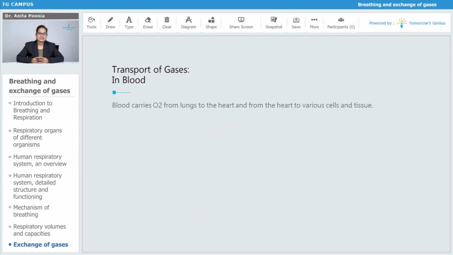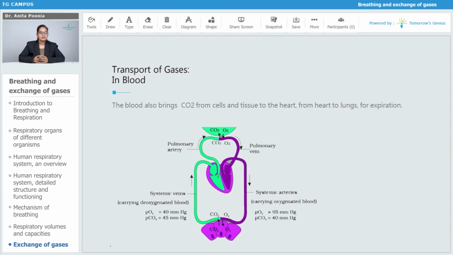Now we shall be talking about the transport of gases in the blood. How does the transport of gases in the blood actually take place? Blood carries oxygen from the lungs to the heart and from the heart to various cells and tissues. The blood also brings carbon dioxide from the cells and tissues to the heart, and from the heart to the lungs for expiration. You can very clearly see the pulmonary artery, the pulmonary vein, and carbon dioxide on one side and oxygen on the other side. This is the systemic vein carrying deoxygenated blood and the systemic artery carrying oxygenated blood, and you can also see the partial pressure of oxygen and carbon dioxide respectively in this image. And you can compare